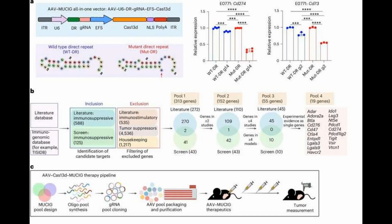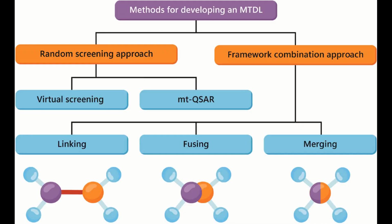Professor Sidi Chen emphasized the importance of this research on social media, highlighting its potential impact on cancer treatment. The study has garnered significant attention and recognition within the scientific community, indicating a shift towards more integrative cancer therapies. Conclusion. Yale University's innovative research on a multi-target approach to cancer therapy marks a pivotal advancement in oncology. By simultaneously targeting multiple aspects of the tumor microenvironment, this strategy could potentially benefit a larger patient population compared to traditional therapies. Although clinical trials are necessary to validate these findings, this research brings renewed hope for more effective cancer